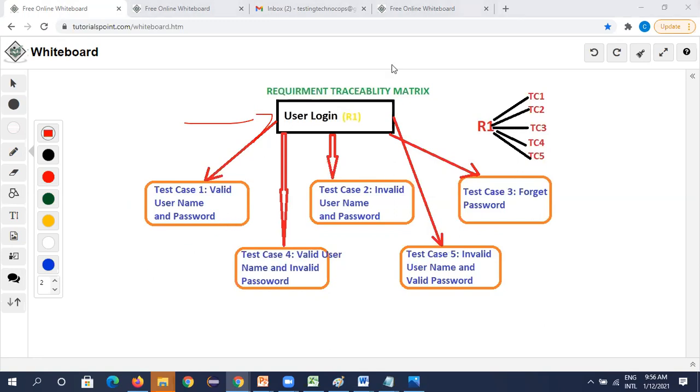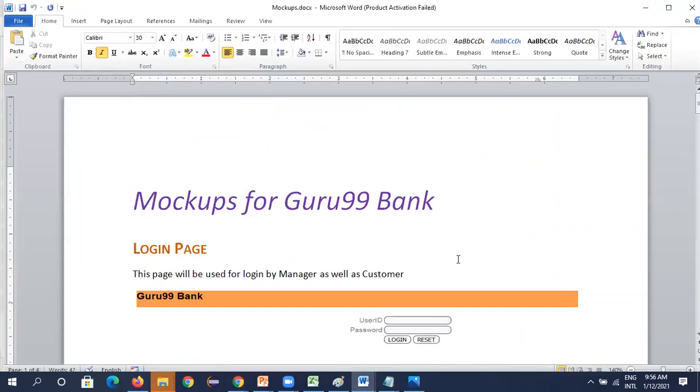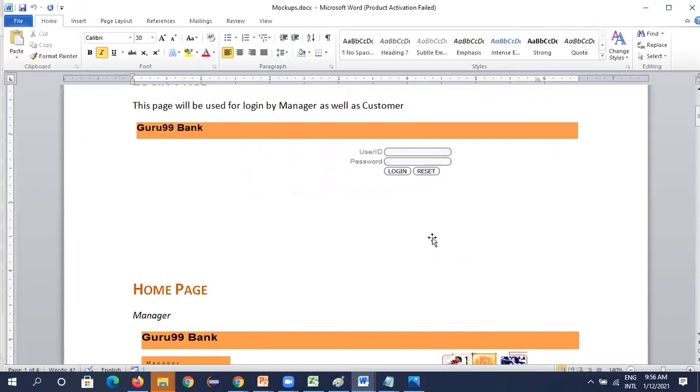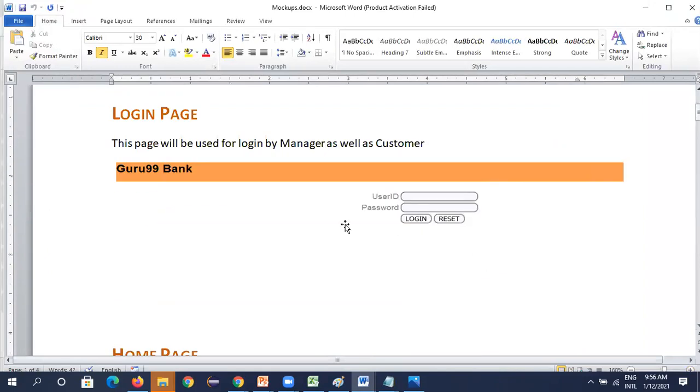A test scenario is defined as any functionality that is to be tested. For example, I'll show you one document. Take this document, a mock-up of a bank project you can consider. The first functionality is the login function. We need to enter login, right? So login is a functionality here.